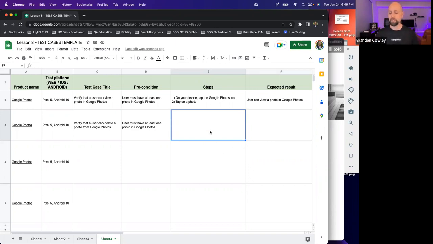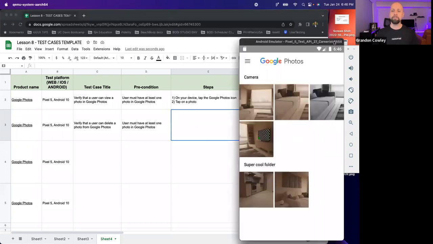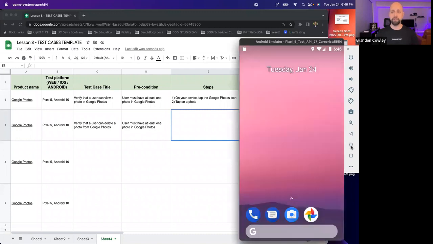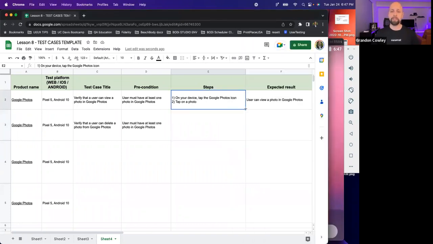So, steps to do this. We said that this is something that's very easy, Kelsey, but this is where writing out steps is important. Because if I asked everybody in the class right now, how do you delete a photo? I'd be willing to bet some good money you would not all say the same thing, because there are multiple ways to do this. So let's do this. We know that our first two steps are pretty much going to be the same, right? In order to delete a photo, you're going to need to go into the app. So you need to tap on the icon.